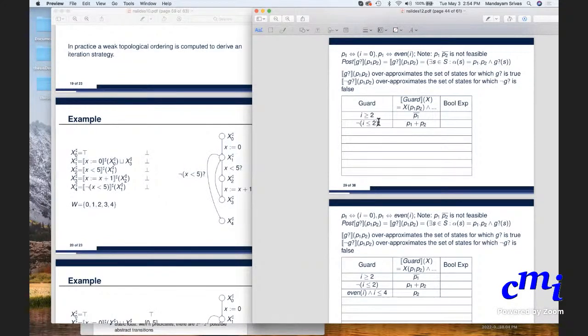Let's see. So if this is not I less than or equal to 2, then if I is greater than 2, it will be P1, or... Let's see, I think I'm representing I greater than 2. The negation of this should be read as the negation of I greater than or equal to 2, not less than or equal to 2. So greater than or equal to 2 means I should be less than 2. Read this as negation of I greater than or equal to 2, which means it's representing I